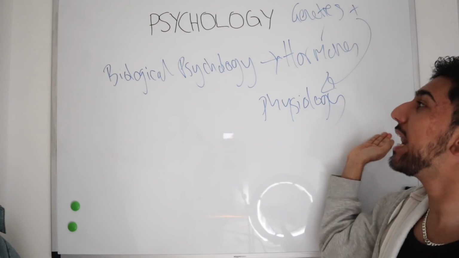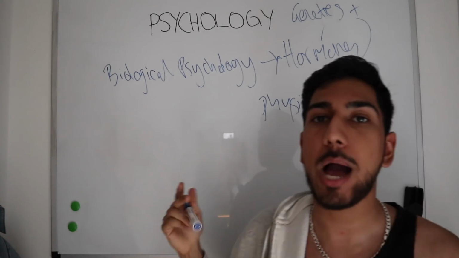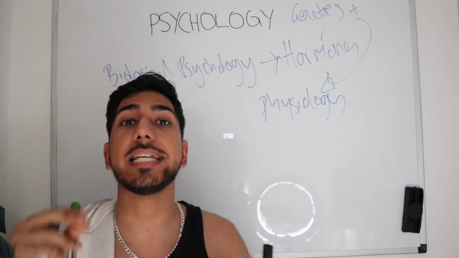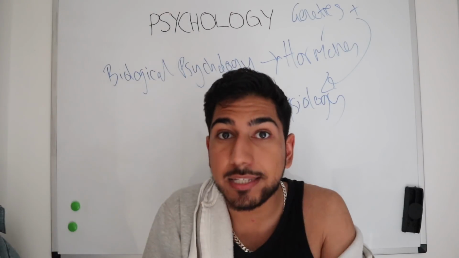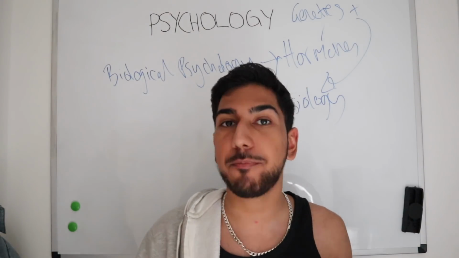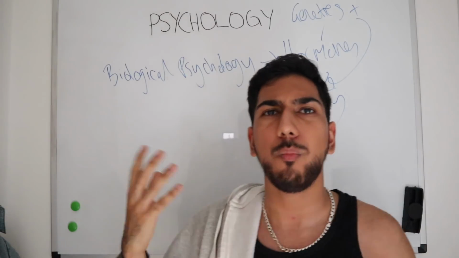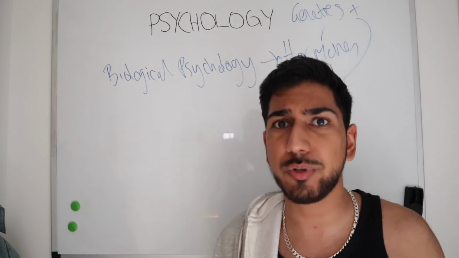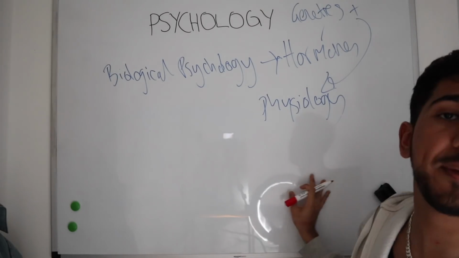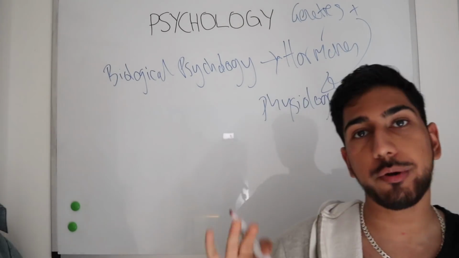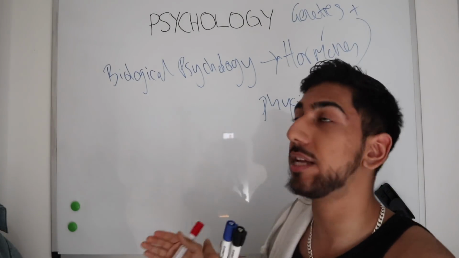This basically tries to analyze the body response. The example I would give you that we learn in A-level psychology is the bodily response to stress. So stress, as something that we all experience, that we can even experience right now. Well, what the hell does the body have to do with stress, which is a kind of psychological thing? Well, believe it or not, but there are physiological responses to stress that biological psychology will look at. So, for example,